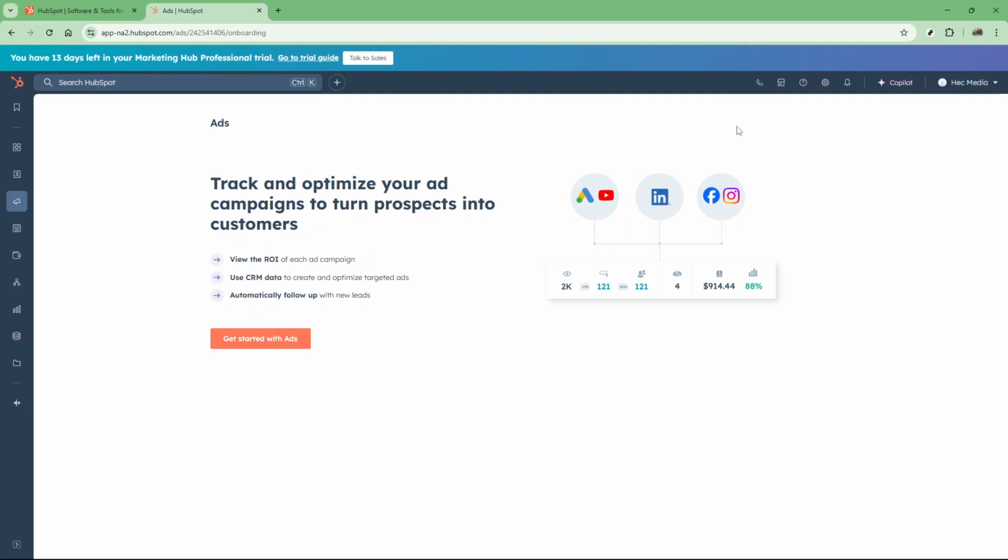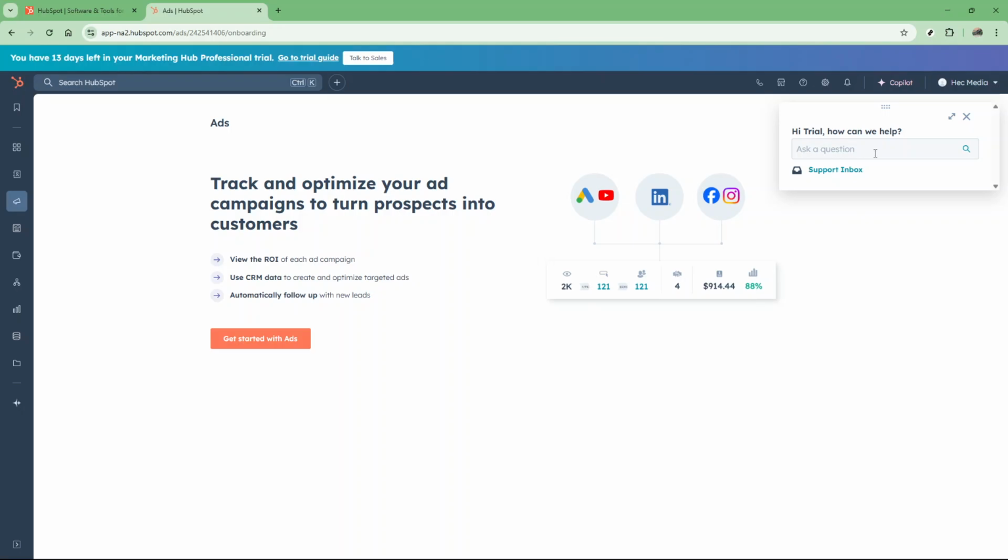Once you're in, look to the top right corner of your navigation bar. Here you'll see a handy help icon which looks like a question mark. Clicking on this icon will open up a variety of support options available directly from your dashboard. This feature is designed to provide you with immediate access to resources and support fashioned to resolve your needs as